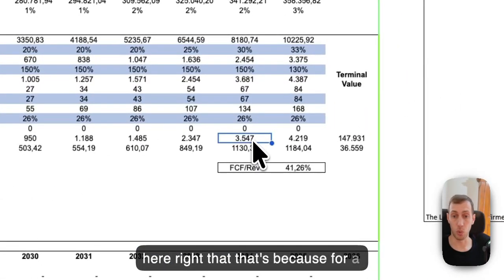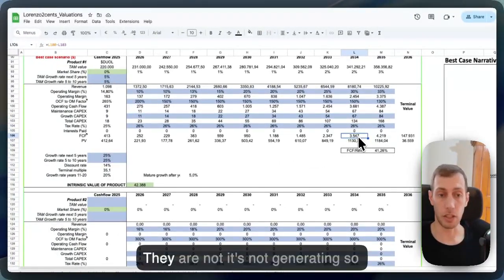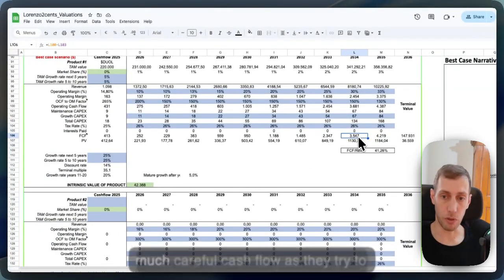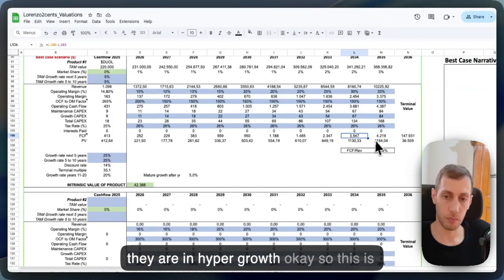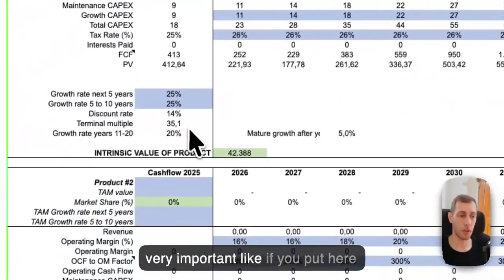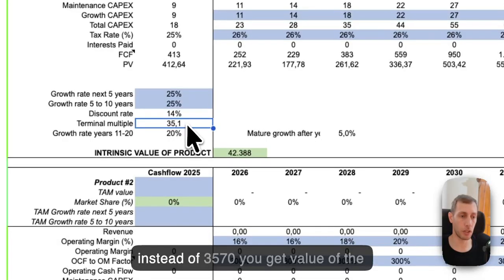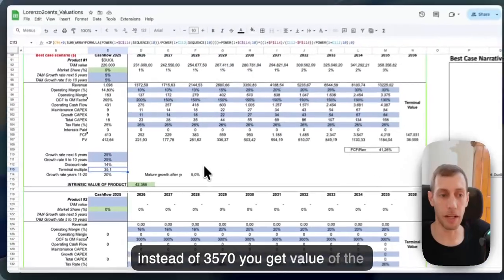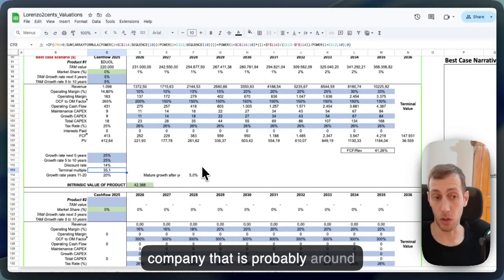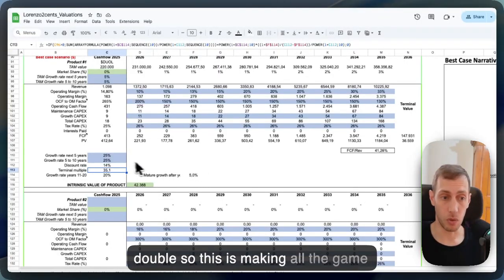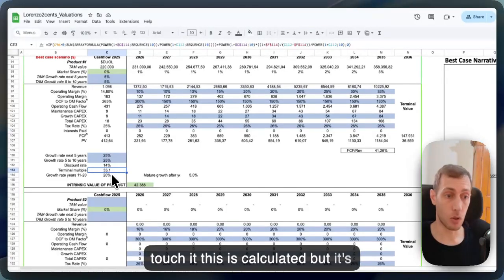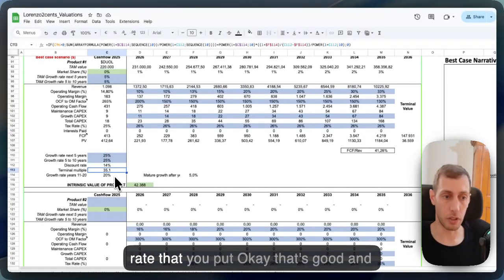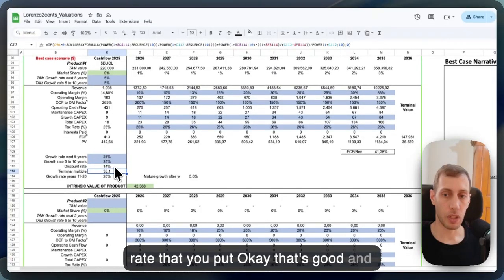That's because for a growth company, it's not generating so much cash flow as they are in hyper growth. Okay, so this is very important. Like if you put here instead of 35.70, you get a value of the company that is probably around double. So this is making all the game here, right? So still, you don't need to touch it. This is calculated, but it's calculated on the base of the growth rate that you put here. Okay,